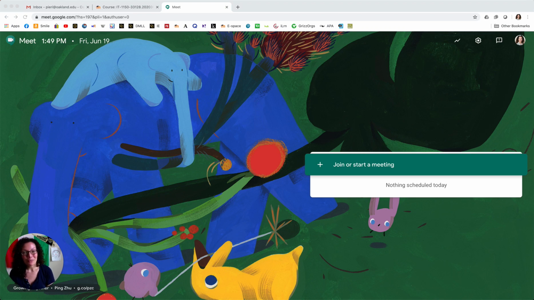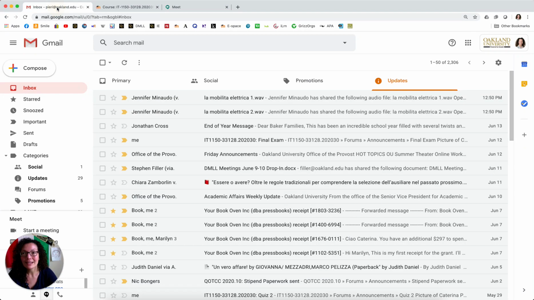Funny thing, to schedule Google Meets, you don't start from the Google Meet application, but you actually have to start from the calendar application. So let me show you how to access that. When you are, for example, on your email, so you are logged in and you have your Auckland email on, you will see that you have these 9 dots on the top right corner of the window.